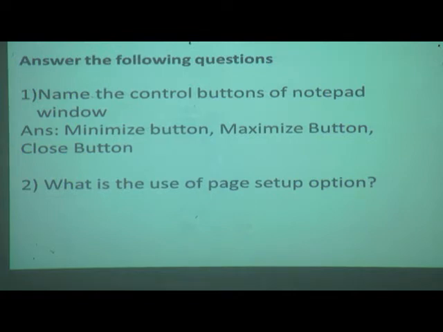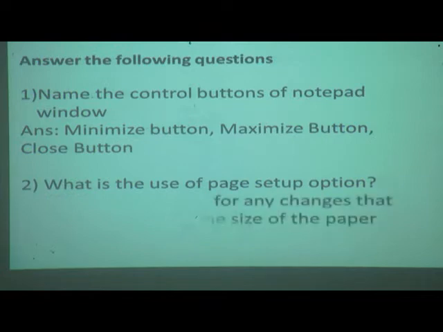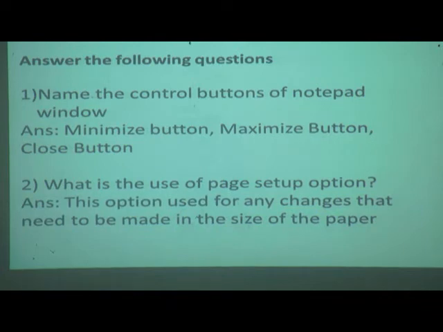Now next one, what is the use of page setup option? Why we are using page setup option in notepad? Why it is useful? This option used for any changes that need to be made in the size of the paper.